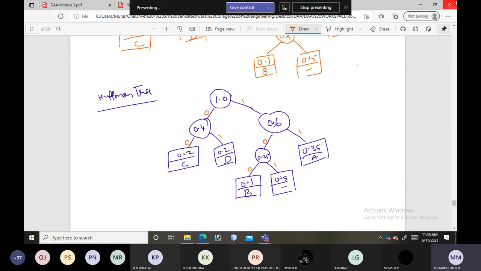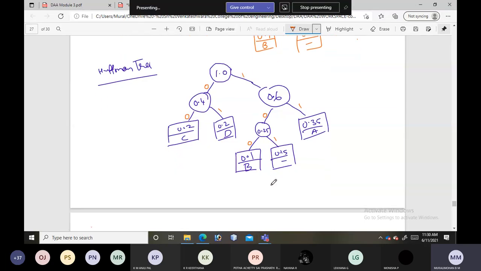Now you write the code word for the characters. Let me take it here. How many characters are there? 5. We are having A, B, C, D and underscore.